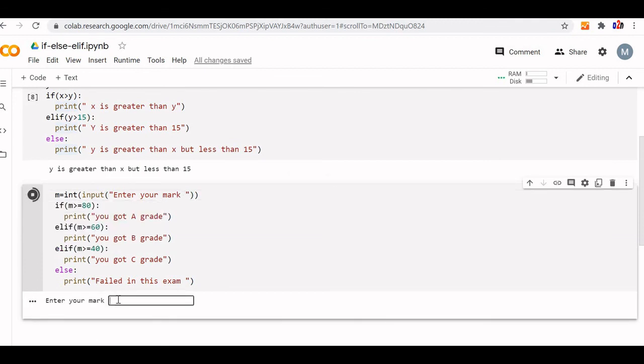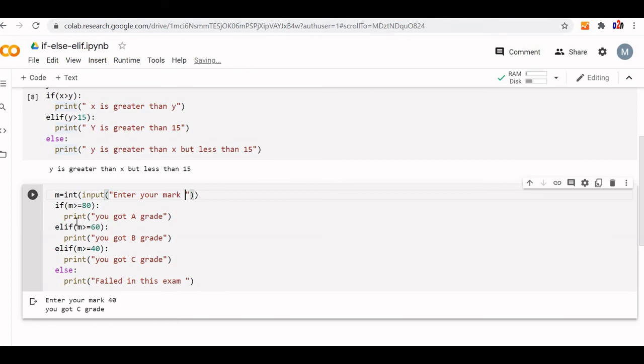I will give 65, you got B grade. Let us run it again. I will give 45, you got C grade. Again run it. I am giving now 39, failed in this exam. Let us give 40. What happens? You got C grade.